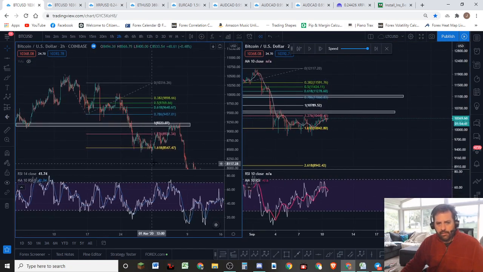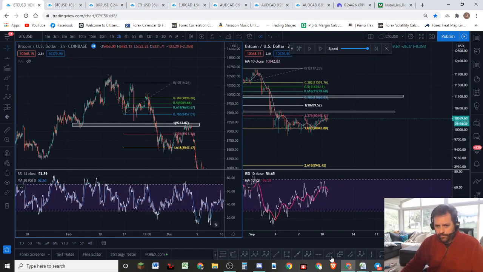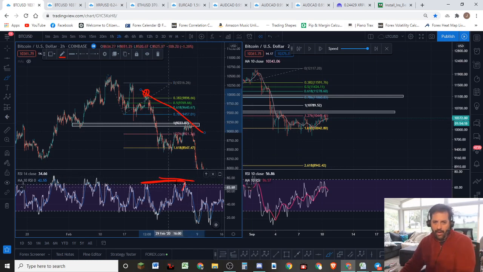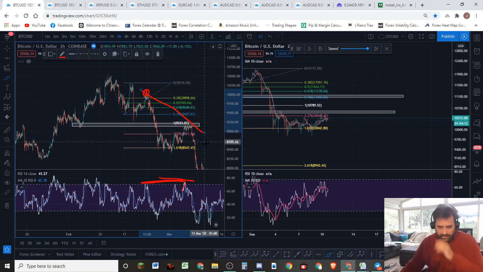You'll notice here that this peak right here corresponds with this peak on the RSI. This peak corresponds with this peak, and you'll notice that this came up equal, whereas the price line was going down here, lower highs, whereas we had almost a higher high. We did have a higher high here. This is more of an exaggerated bearish divergence or hidden bearish divergence, okay?